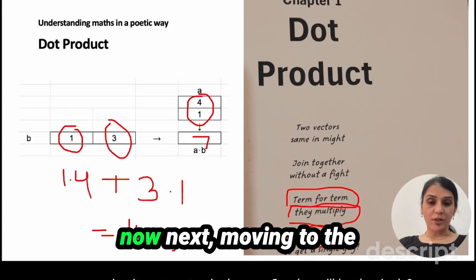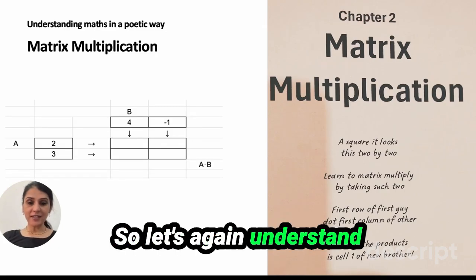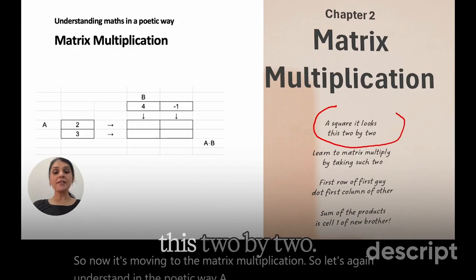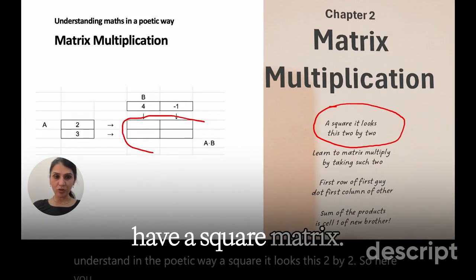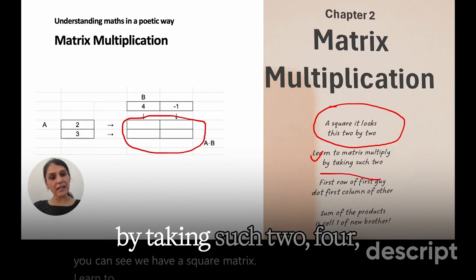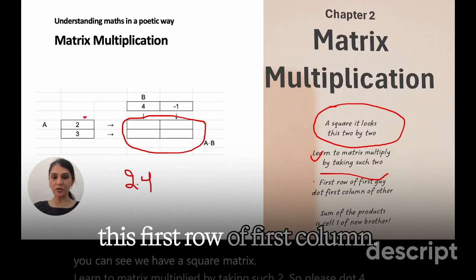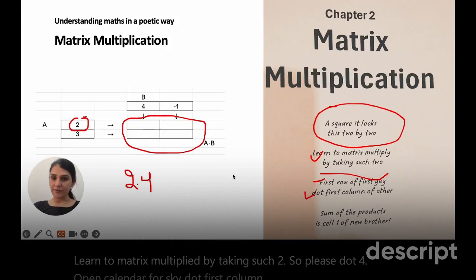And now moving to matrix multiplication. So let's again understand the point. A square, it looks like this, 2 by 2. So here you can see we have a square matrix. Learn to matrix multiply by taking such 2 dot 4, that is first row of first